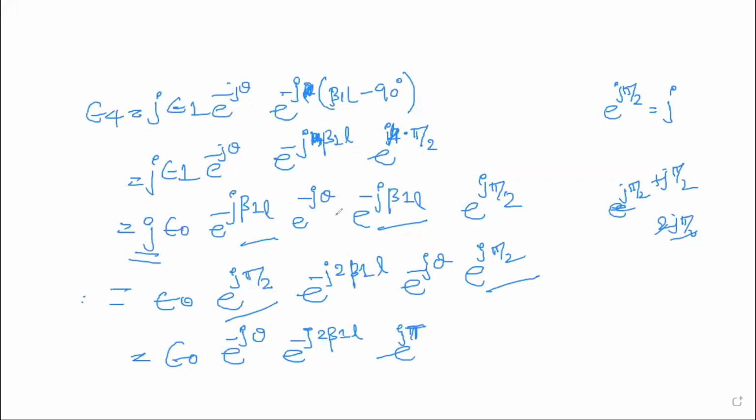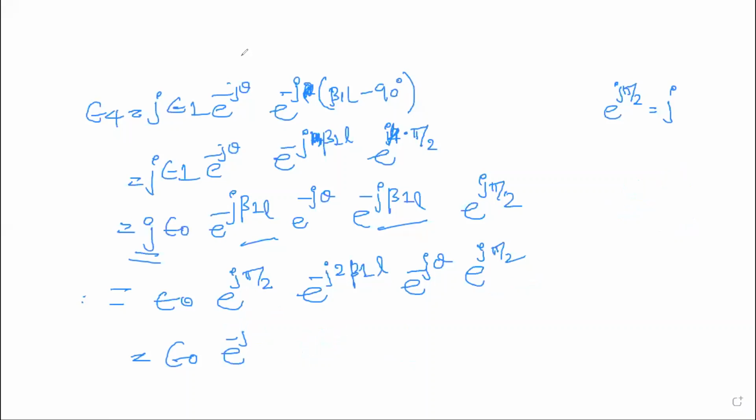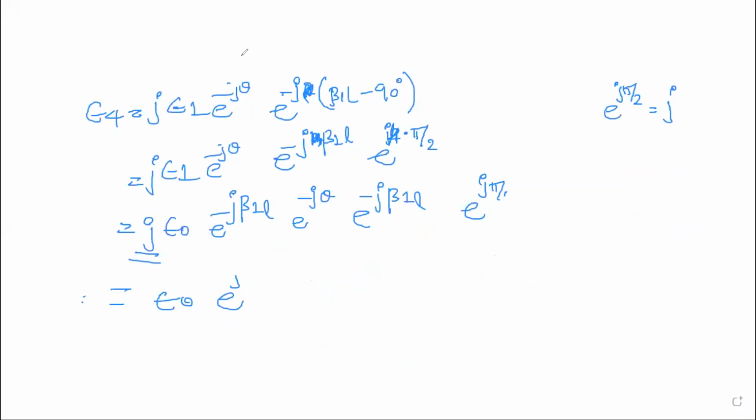Just check once whether the equations are proper, which you have written. E4 will be E2 cos theta plus E1 sin theta, e to the power j beta 2L. I have written the equation itself down. What was the E3 equation you have written? Just check the first equation we have written. It is actually e to the power minus j 2 beta 1L. Is that correct? Yes, ma'am. It's 2 beta.